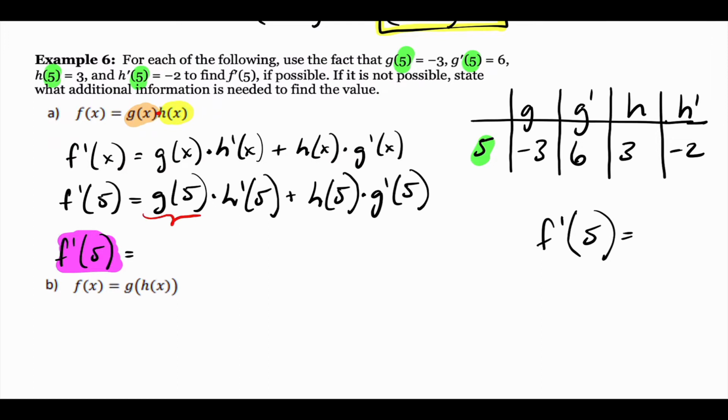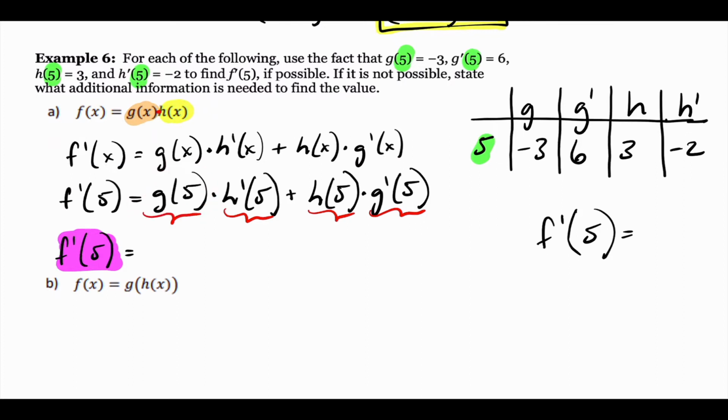Do I know what each of these guys' values are? Yeah, the table told me, right? Didn't the table tell me? The table told me what each of these guys are. g of 5, they said, is -3